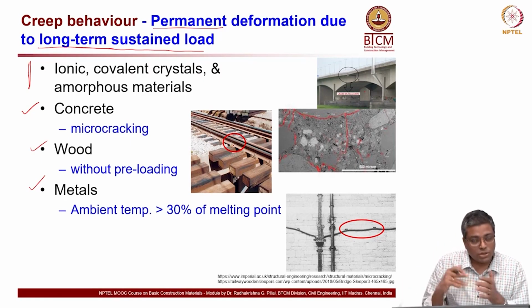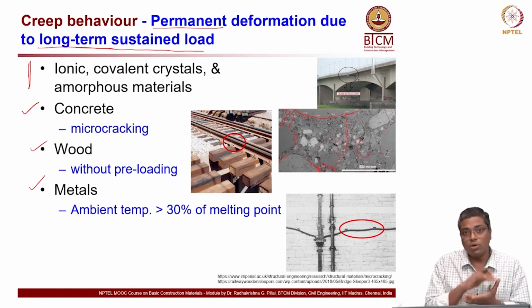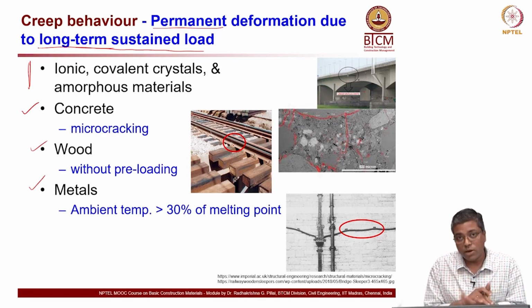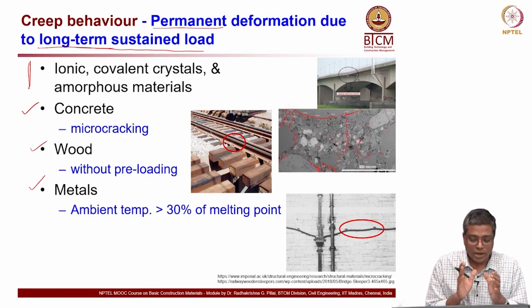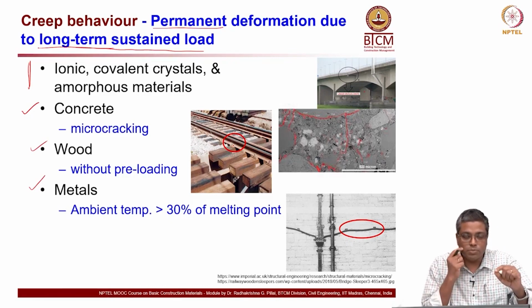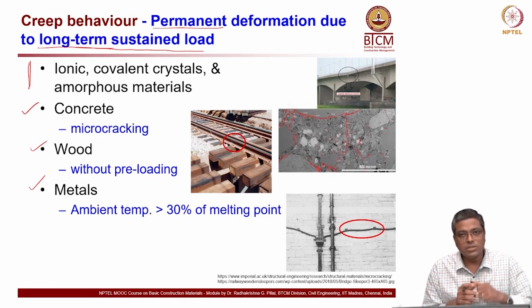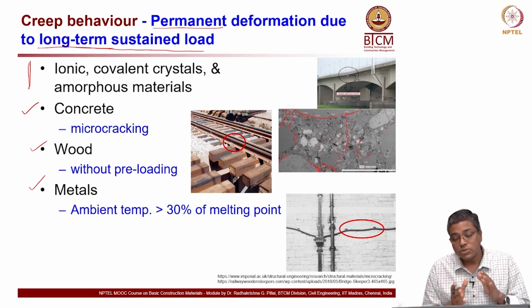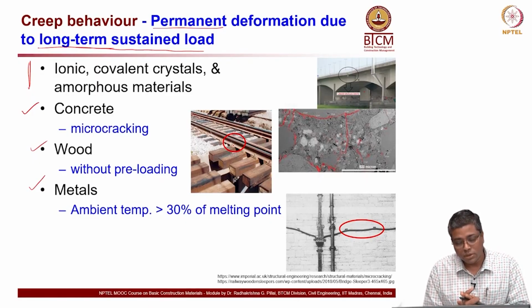Okay. Now, in case 2, if I preload the wood, then what will happen is that delta x can be reduced. When I say delta x, it is the deformation after the rail track is placed and during the service, right. So people actually pre-compress the timber before they place it below the